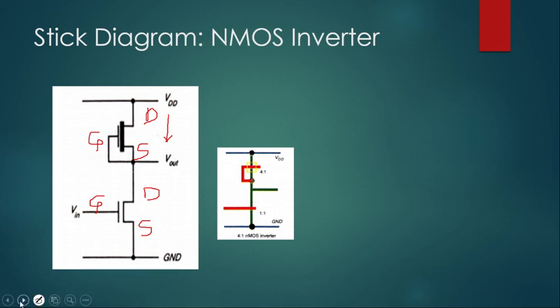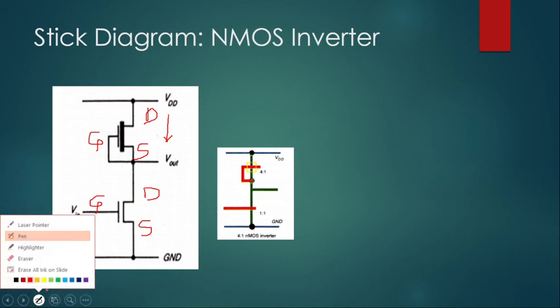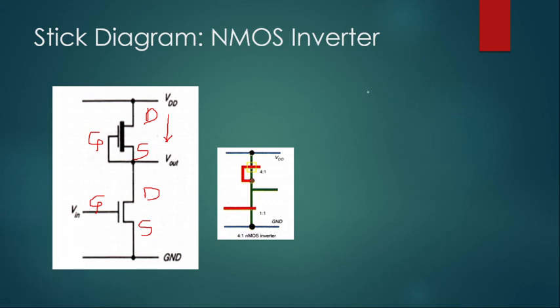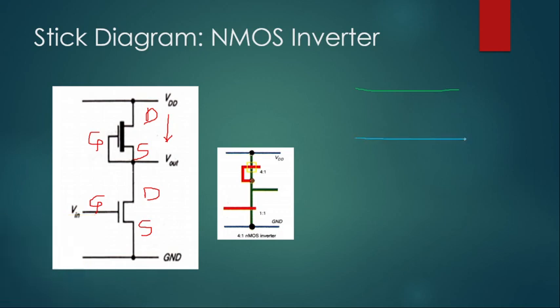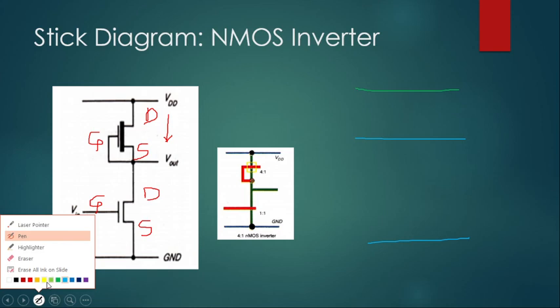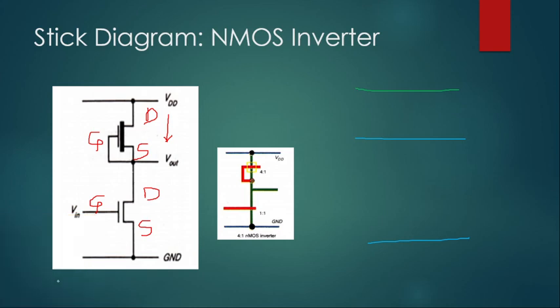Okay, I will make it again so that you will understand better. So see, where do we start from? Sorry, this is green color, yeah, blue color. So let us start again. Metal lines for VDD and ground, okay, and then which color do you want to make the transistor? An NMOS transistor is made up of green color and red color. So I am taking green color, okay. So this is your green color N diffusion and green color N diffusion.